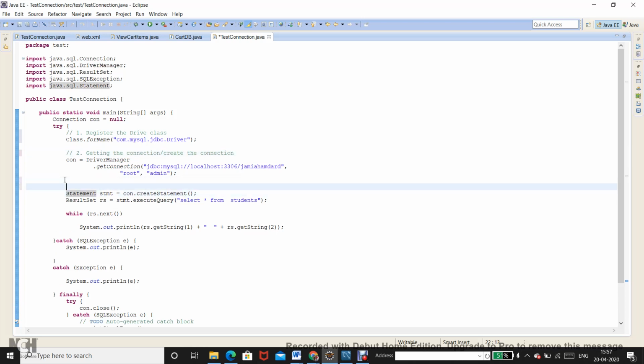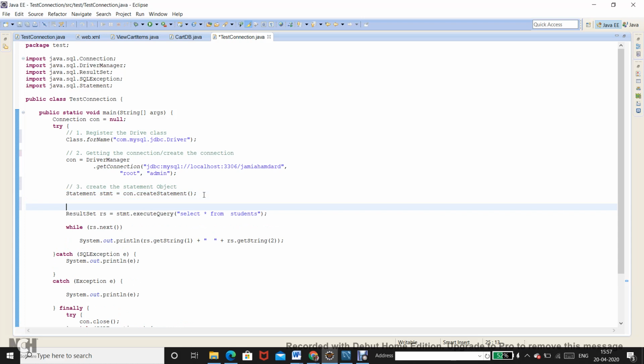Then the third step is create the statement object. Then the fourth step is execute the query.